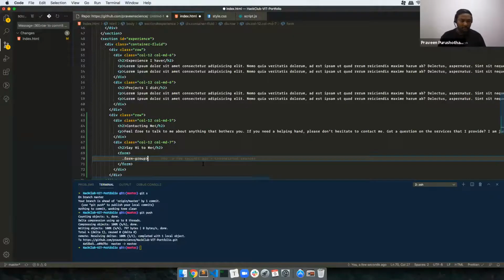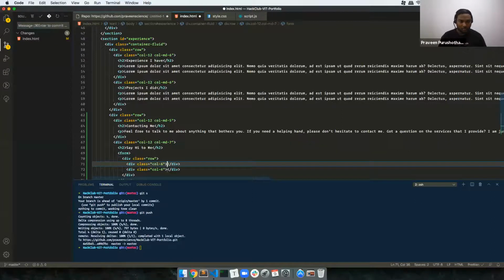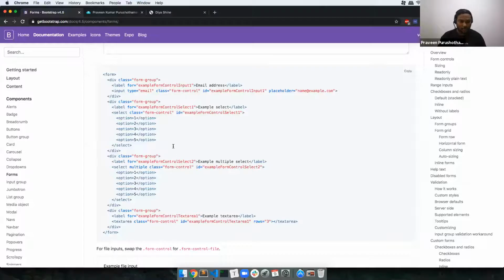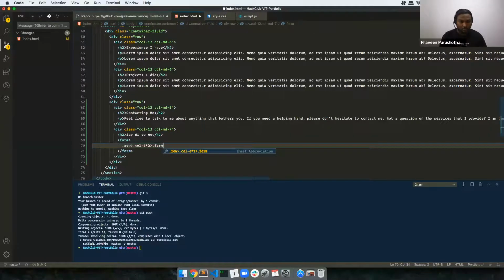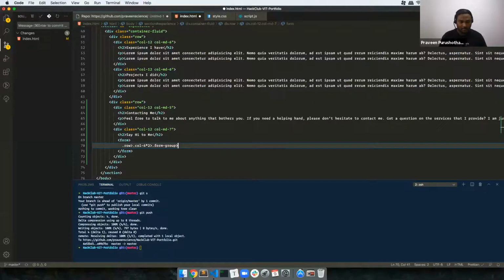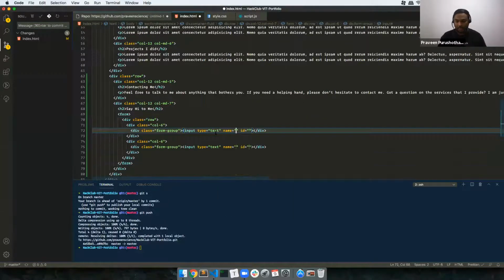Before doing this form group, what I want to do is use a container and a row with col-md-6 twice. So here I want to have two form groups. So dot form-group, and then inside the form group I want an input. Boom, that's done.